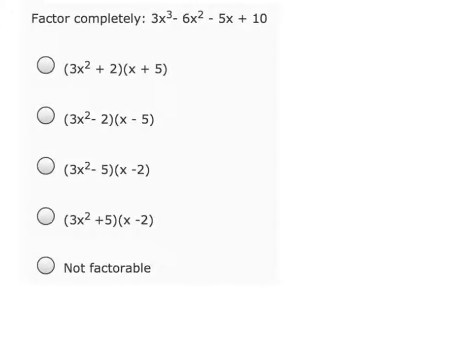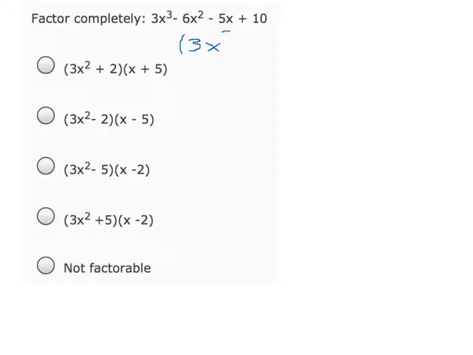Factor completely. 3x to the third minus 6x squared minus 5x plus 10. So since we have 4 terms and none of these 4 terms have something completely in common, we want to use the method of factor by grouping. So we would group it with